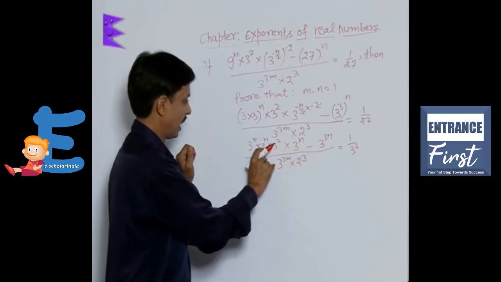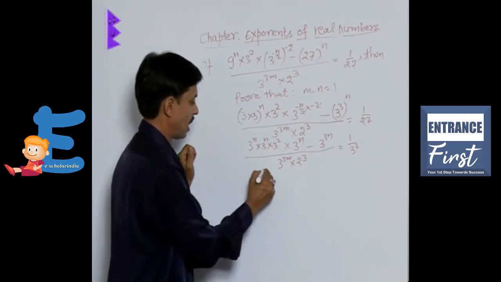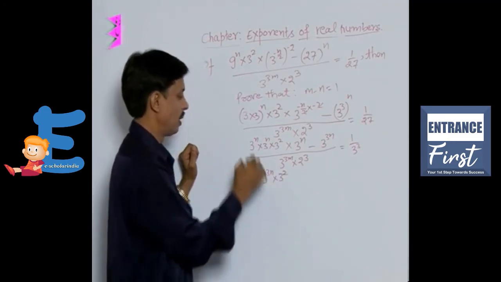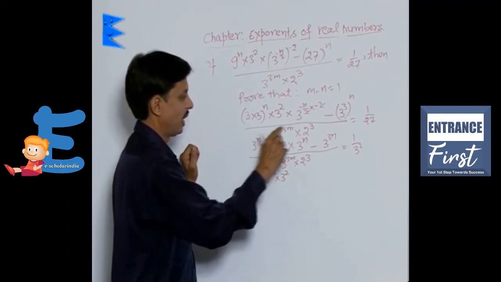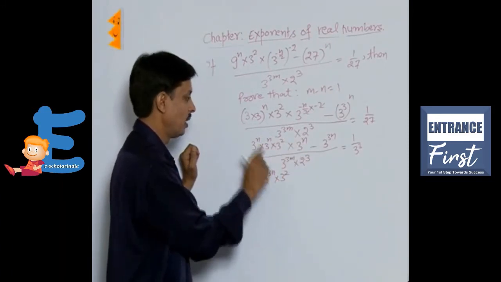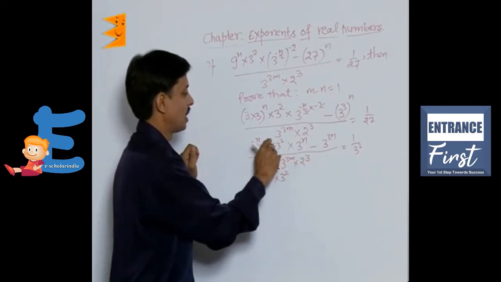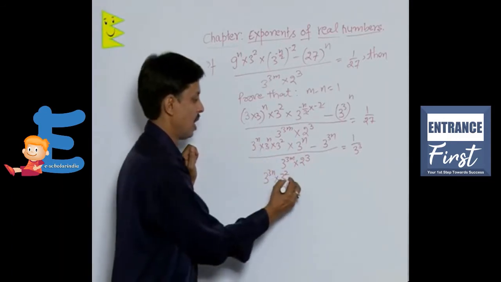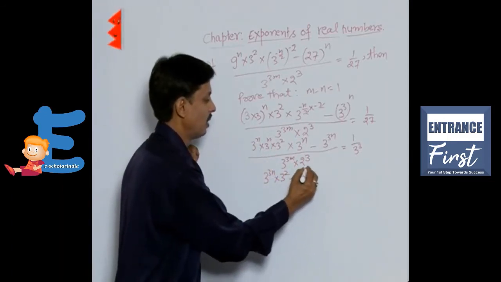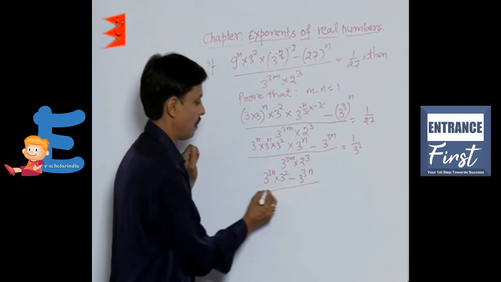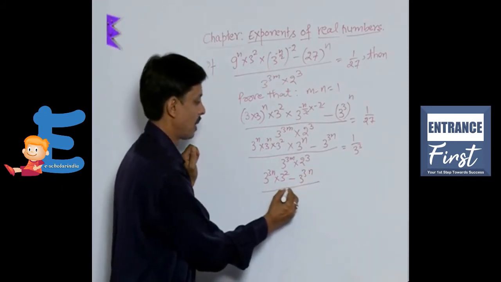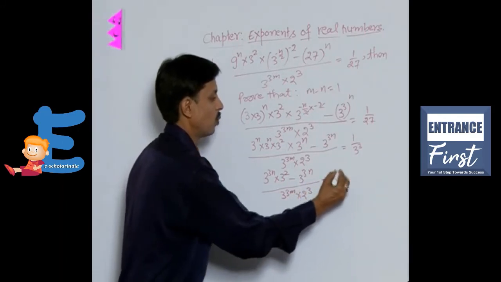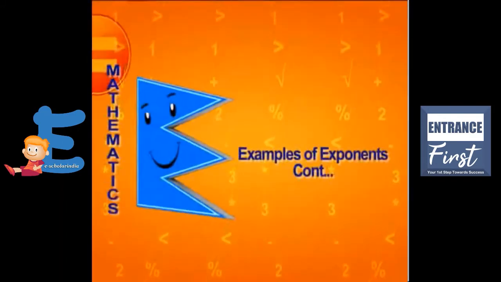This first term can be written as 3 to the power 3n into 3 to the power 2, because n and n become 3n, the base is the same, powers are added, and I left 3 squared as it is, minus 3 to the power 3n divided by 3 to the power 3m into 2 cubed is equal to 1 upon,